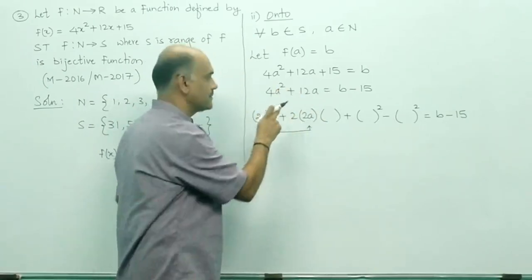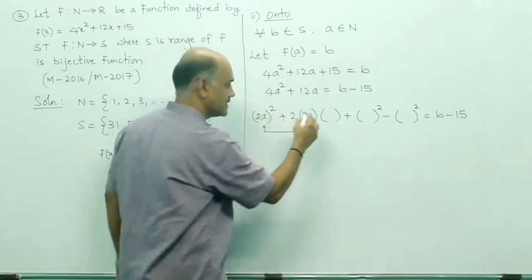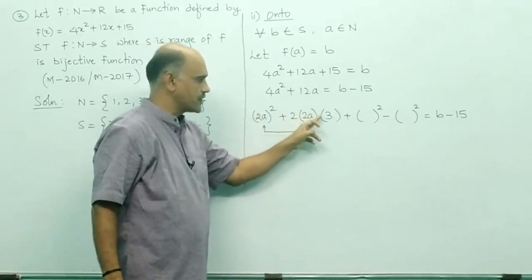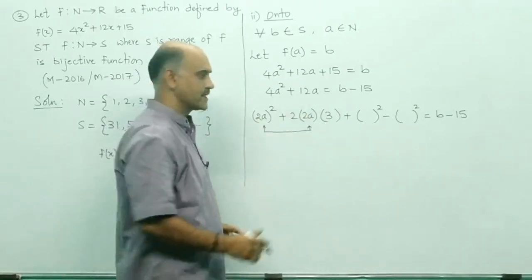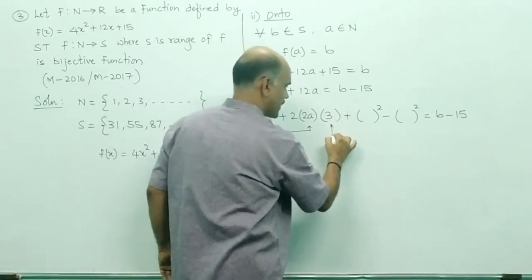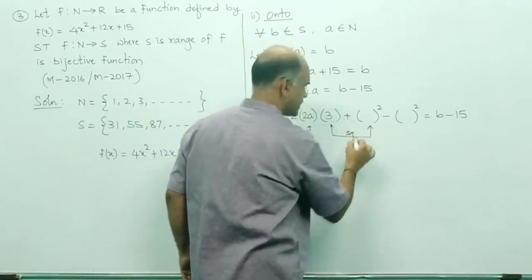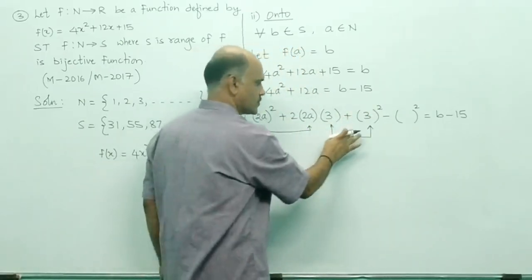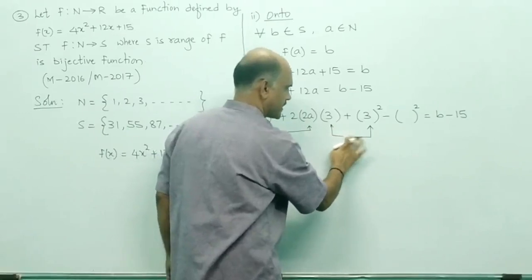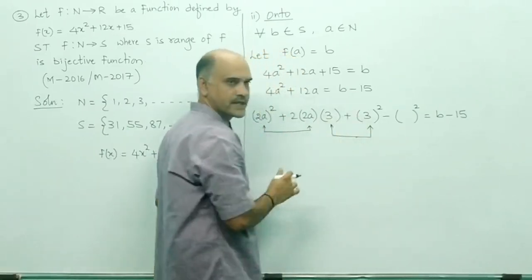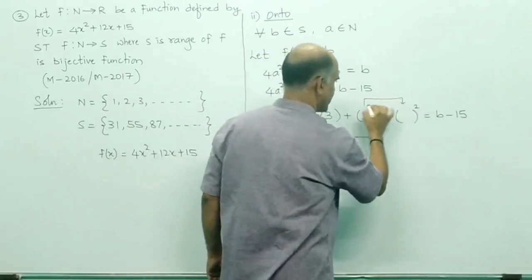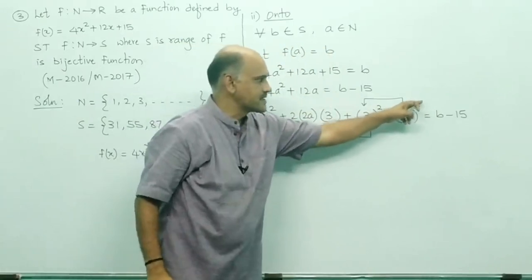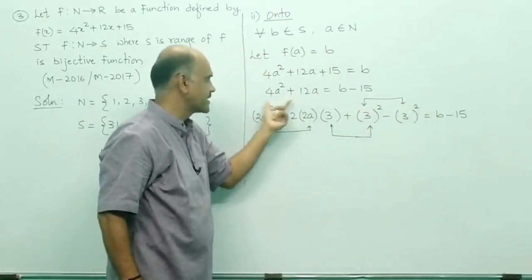4 multiplied by 3 gives 12. So here you should have 3. 2 into 2 is 4, 4 into 3 is 12, so you'll have 12a. So b square, square of this, that is here you will have 3 square. So just I'll remove this, else you will get confused. So this term will come over here, again this term will come over here. So plus 3 square and minus 3 square gets cancelled. Again the same term remains.